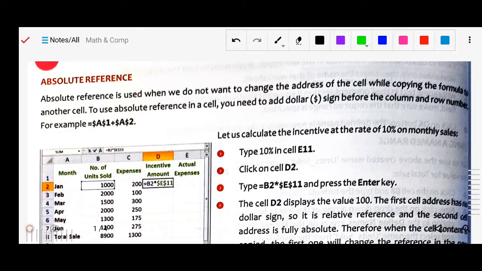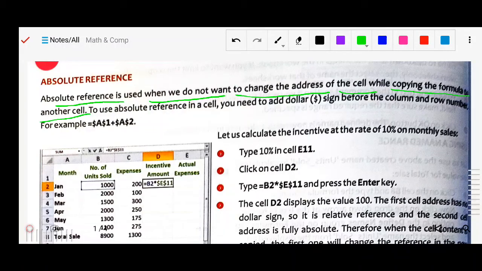Most of the time we use the relative one, but absolute is also required. Suppose I don't want the formula to change when copied. In this case we will use the absolute reference.